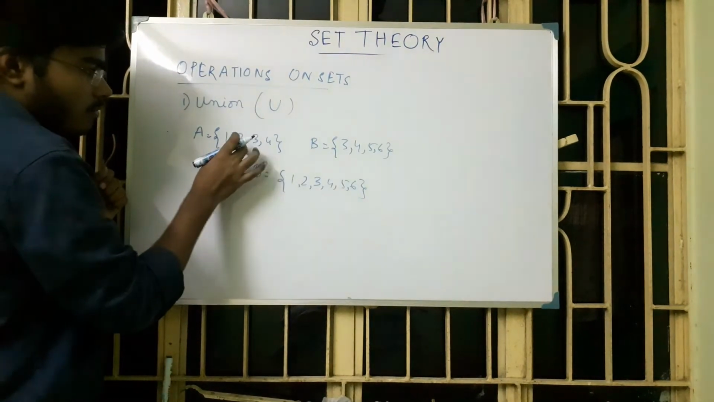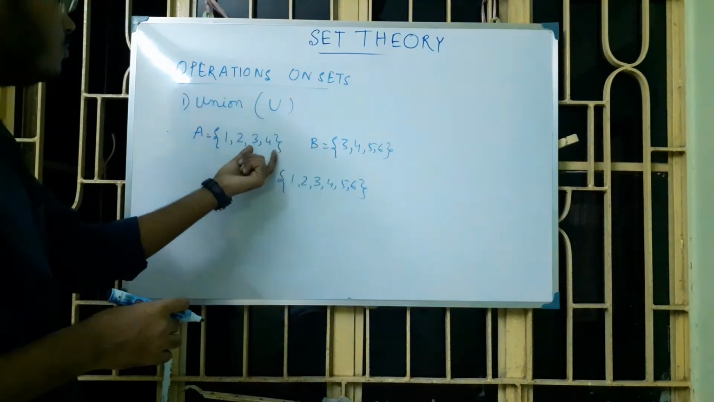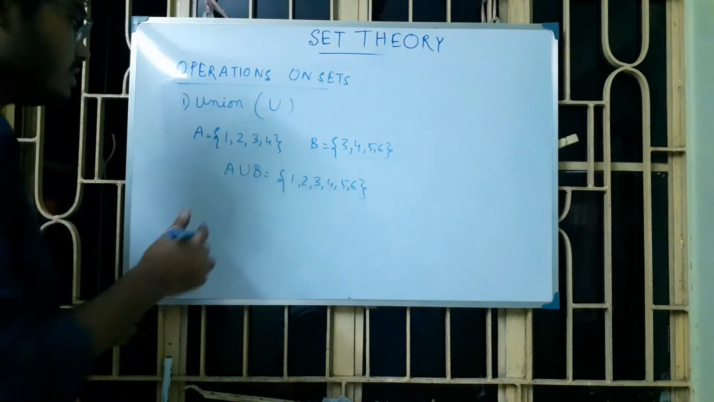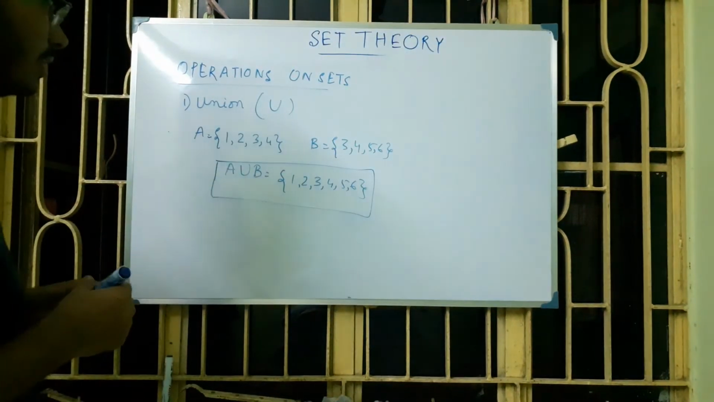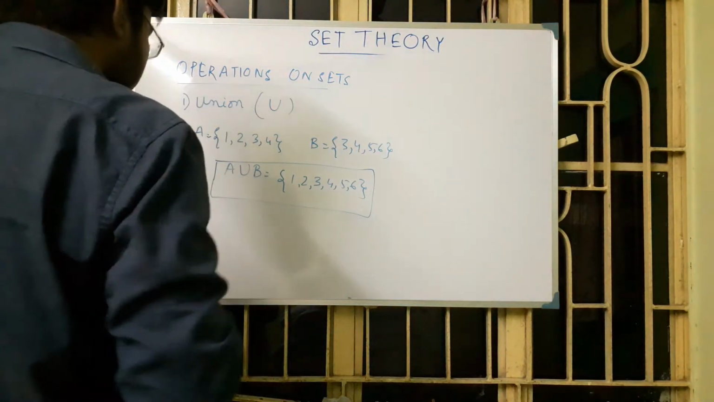Okay, 1, 2, 3, 4, 5, 6. You don't need to write these things twice. Okay, only one time. This is A union D. Okay, remember that union means addition. Okay, and